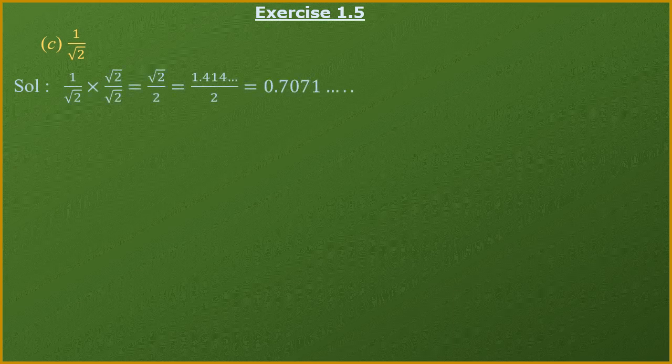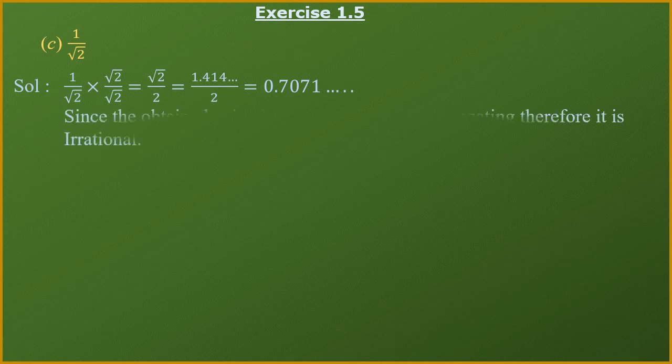For that I am going to multiply and divide by under root of 2. When root of 2 is multiplied into root of 2, it will become under root of 4, and under root of 4 is equal to 2. So the denominator is here 2. If I put the value of root of 2 up to 3 places of decimal, it will be 1.414. Now if I divide, it will become 0.7071, and again it is going up to infinite. So we can say that this number is non-terminating, non-repeating, hence it would be an irrational number.